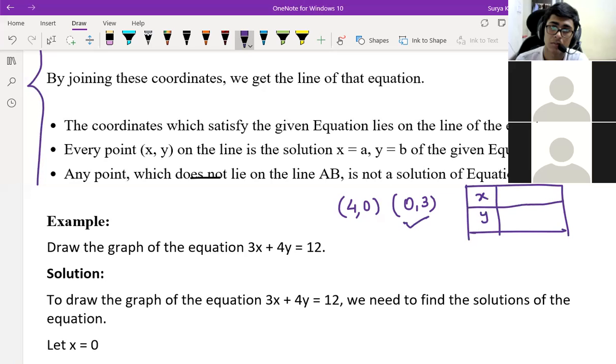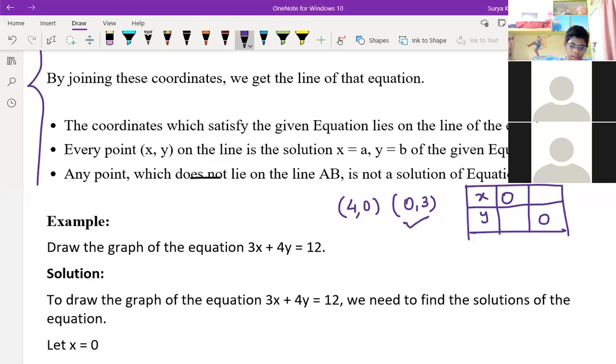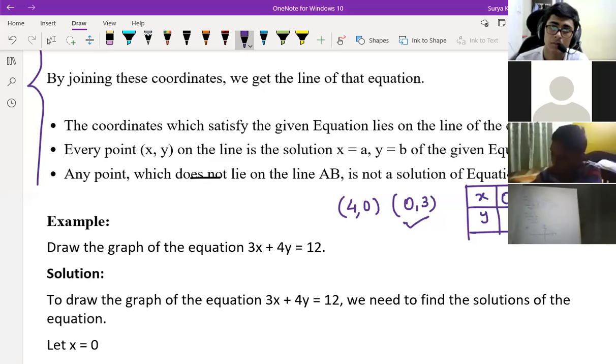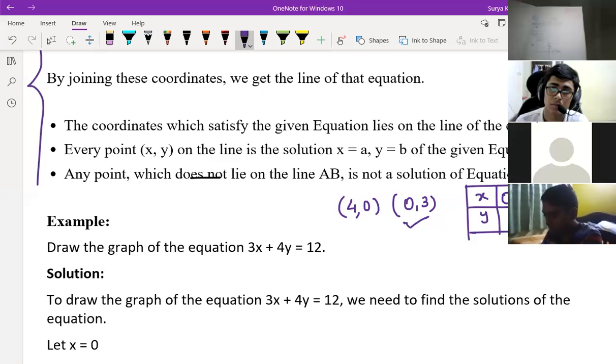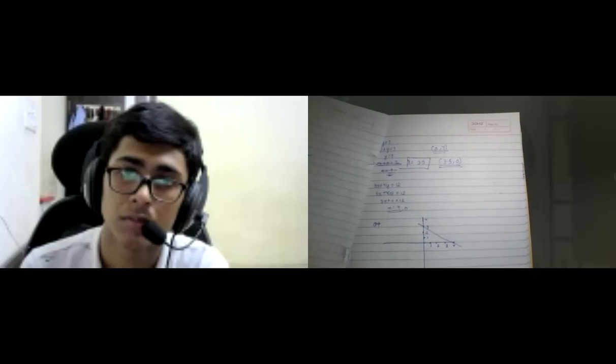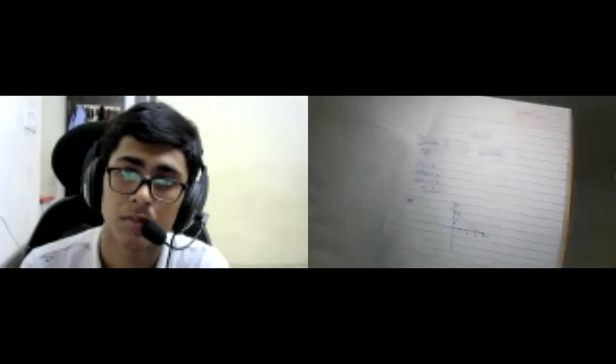Satvik, if x is equal to 0, what are you getting for y? Sir, I'm doing it, 4 and 3. Sir, I think we can evaluate the value. Nihar, 1 minute. I'll stop the screen, then I'll see you. Yeah, fine, in this way only. I want to see from everyone. All of you do it and show me.